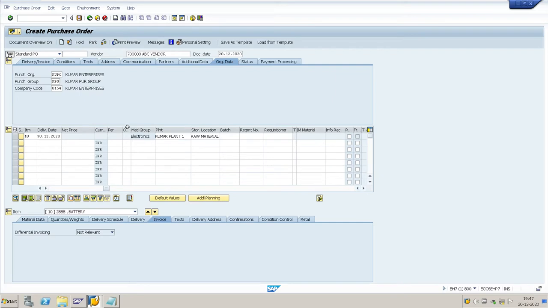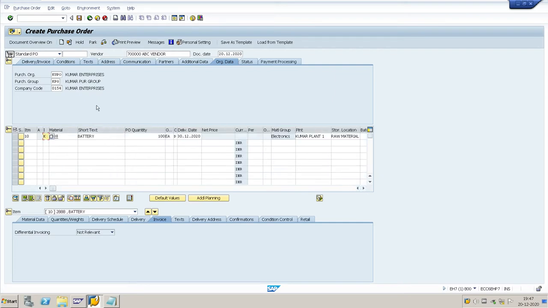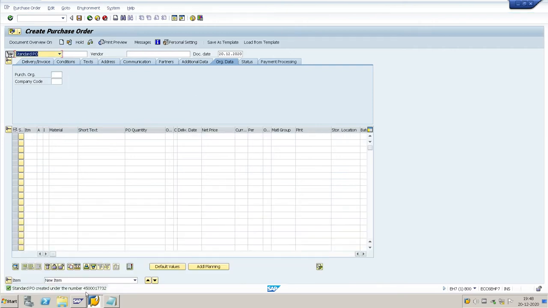Once you enter the K, insert it. The system will process. The PO is created.